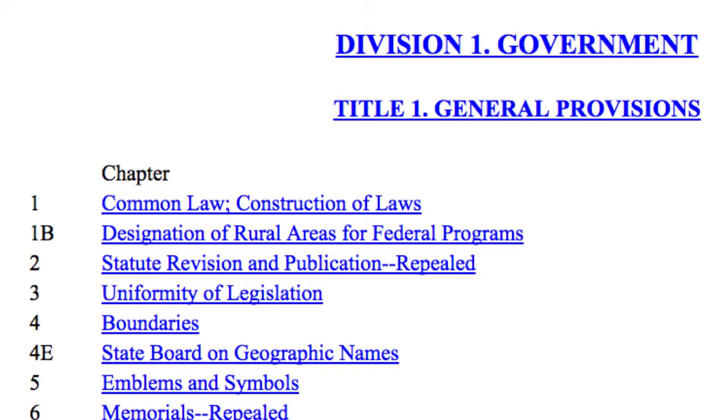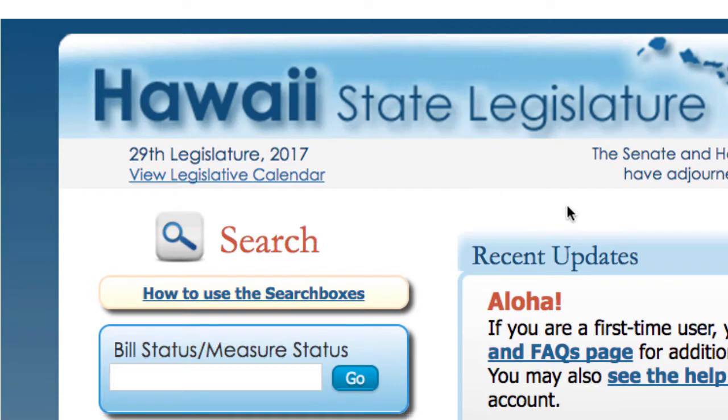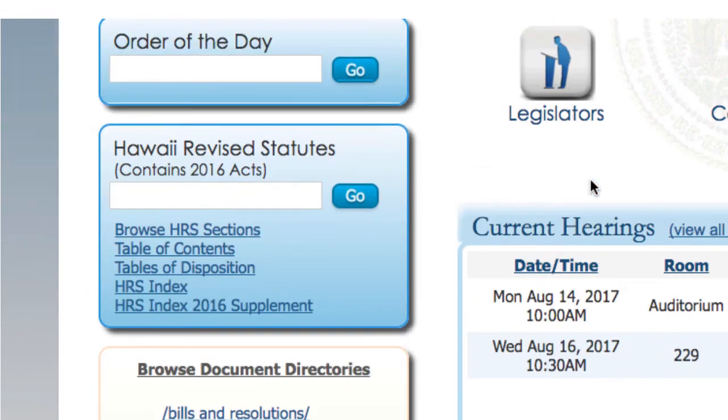So I'm going to take you back to the page where it said Browse HRS sections, and we're going to click on that. Now this looks like a very technical, fiddly way to look at the statutes, but it also marks you as a pro statutory researcher. You could try Googling the HRS, but sometimes it's very difficult to zero in on the specific section that you want. The combination of using the table of contents and then browsing is going to get you your best results.